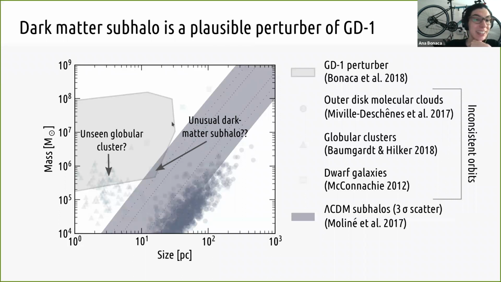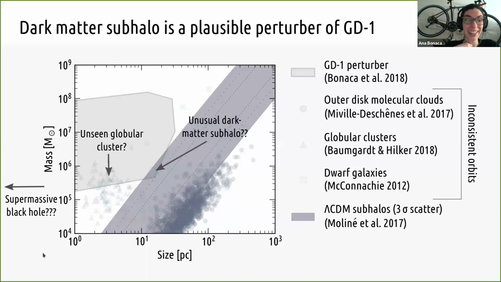Also, you'll note that the shaded contour continues outside of the plot to more compact sizes. So our models are completely happy to have something like a point mass or supermassive black hole be the culprit. It's kind of hard, I think, astrophysically to justify its presence in the halo, but we're going at it